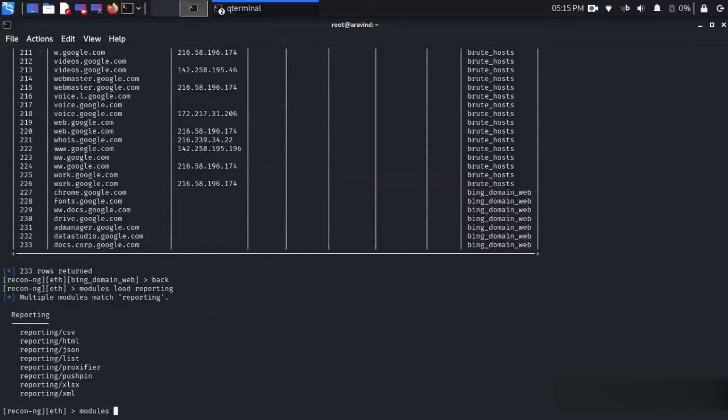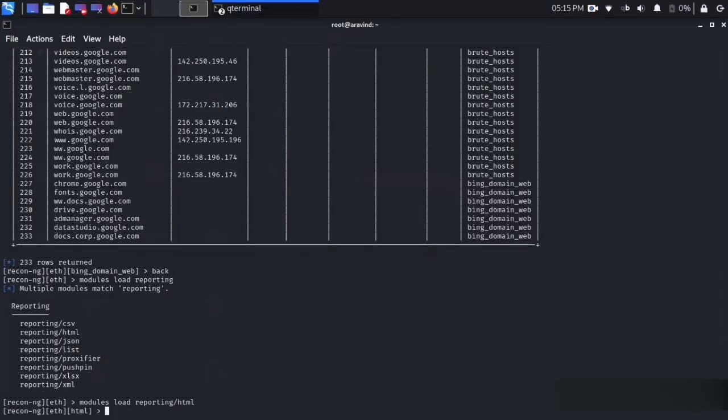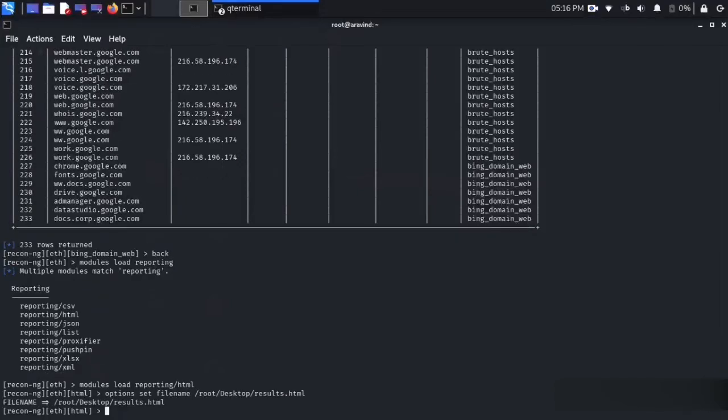So we are going to load that module, load reporting/html, and we have to give the file name and the path. Options set filename and the path, and the name results.html. Now we have to give a creator name.